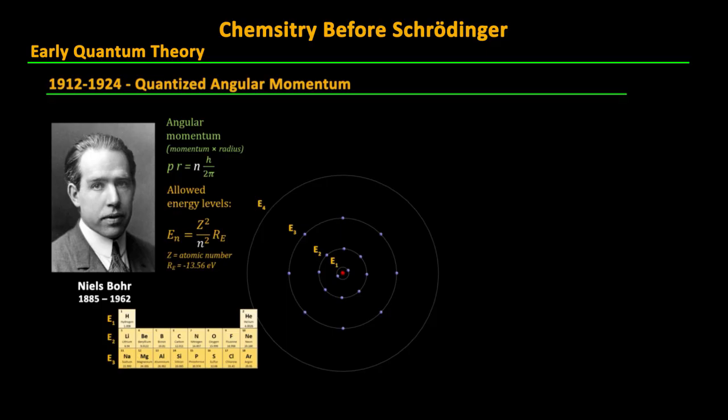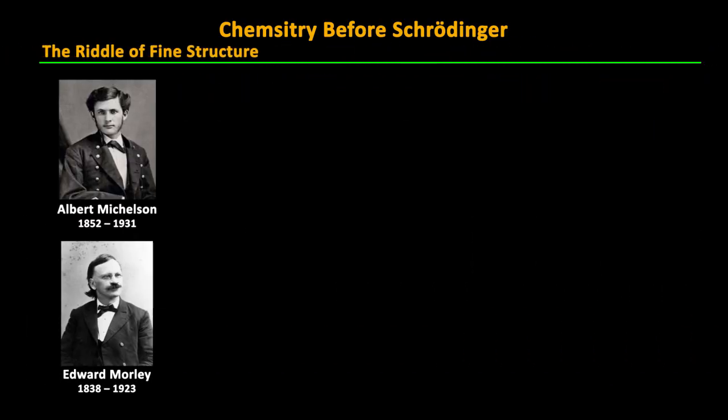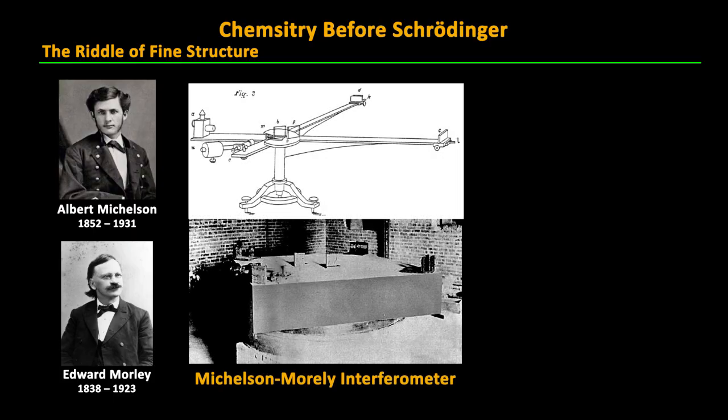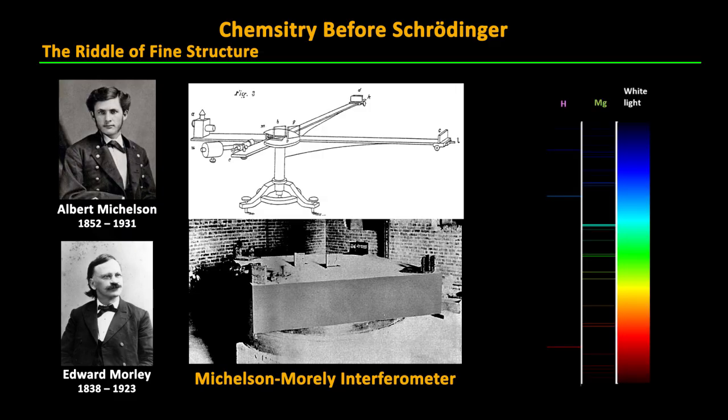There was also another problem with the Bohr model found in the fine structure of light spectra emitted by atoms. Albert Michelson and Edward Morley, using the same interferometer they famously used to look for variations in the speed of light through ether, were able to collect atomic spectra with very high resolution, and showed in 1887 that many spectral lines were actually composed of doublets or triplets of closely spaced photon frequencies.